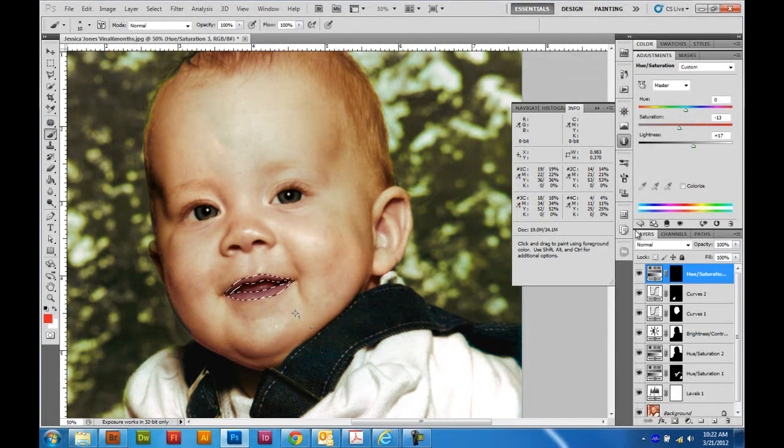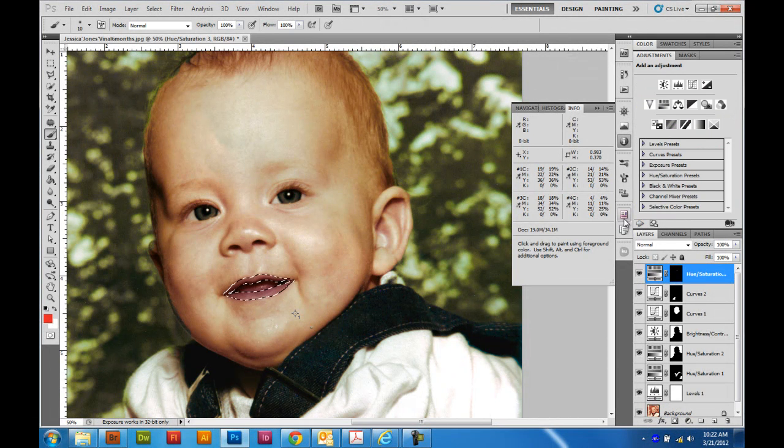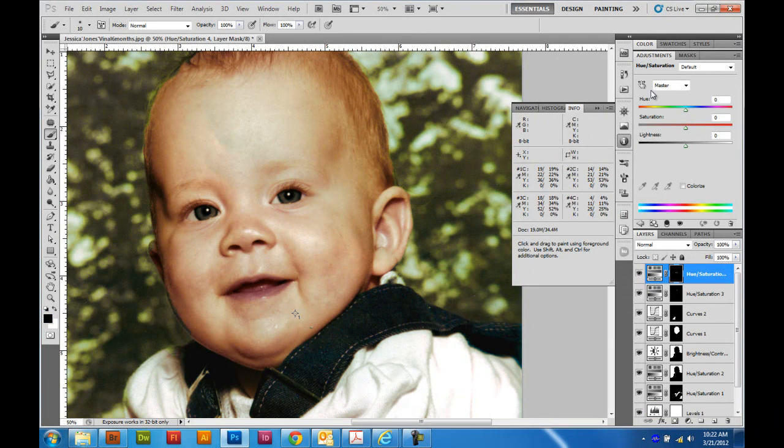Hit that quick mask again, Control-Shift-I to invert, and now make another adjustment. Let's do this one as, what do we want this to be? Let's do, I'm just going to try hue saturation again. Let's go into the blues. Let's maybe knock those blues back. No, that's not helping yet. Okay, let's try the cyans, because they're just too blue is the problem. Maybe what I need to do is actually on the master